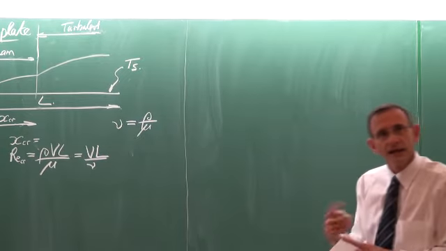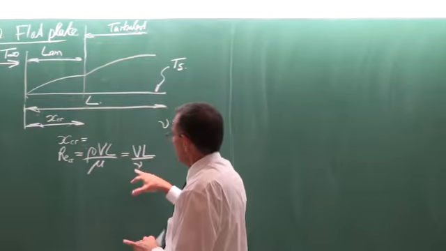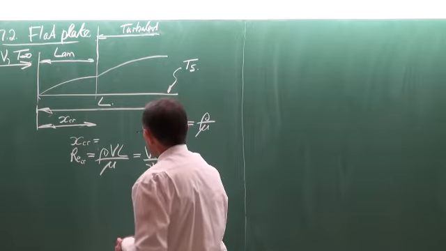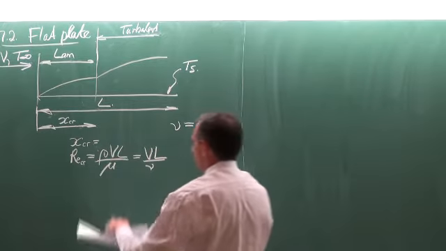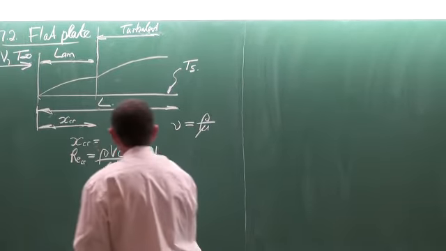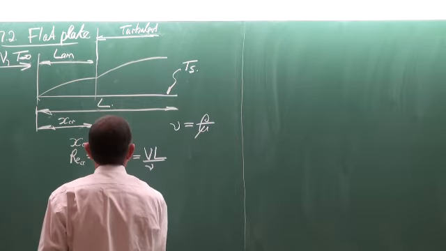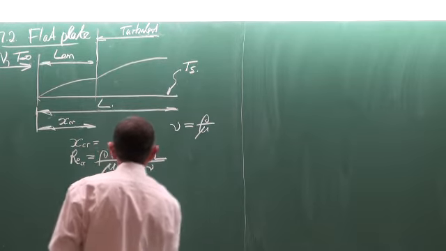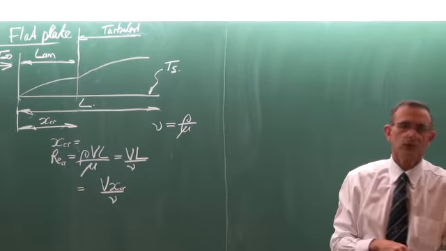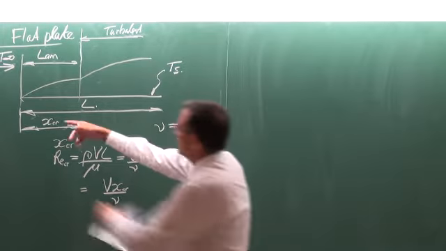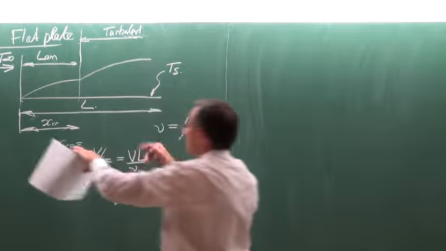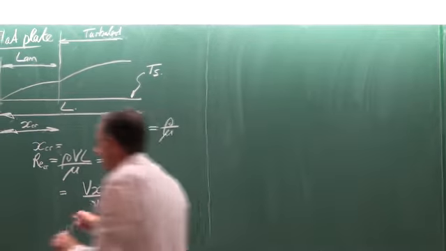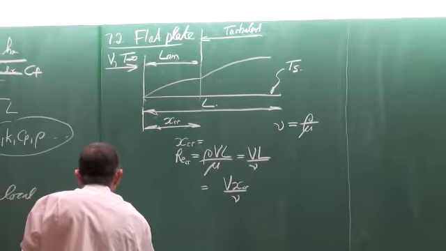Okay. So with the critical Reynolds number, we can actually calculate that distance. In terms of our general definition, this L should now be the velocity multiplied by the critical distance divided by the kinematic viscosity. So L would be the length where the flow changes from laminar to turbulent, and the critical Reynolds number